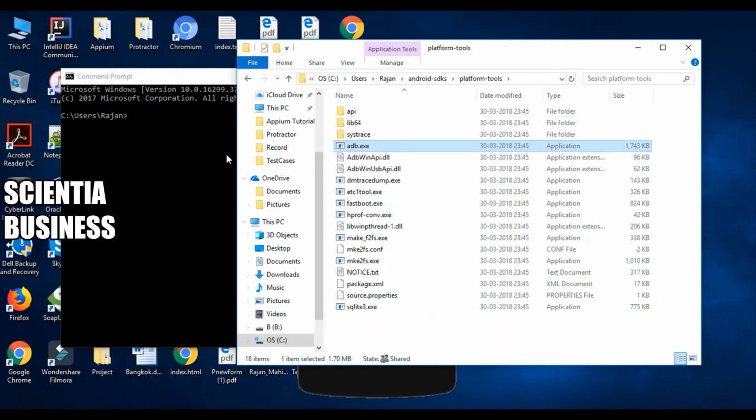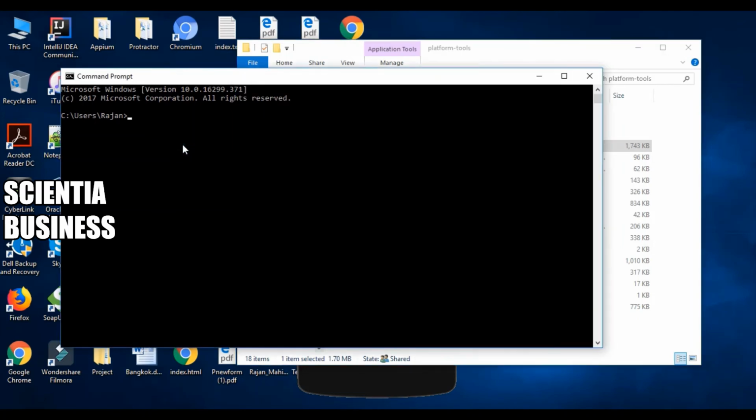So in order to launch the Android virtual device using the command prompt, what we need to do is go to this path. We can go to this path like this. So now we are inside the platform tools, right? Here we just need to write a simple command: emulator avd followed by the name of the virtual device which we want to run.